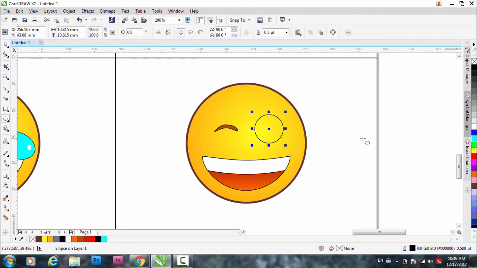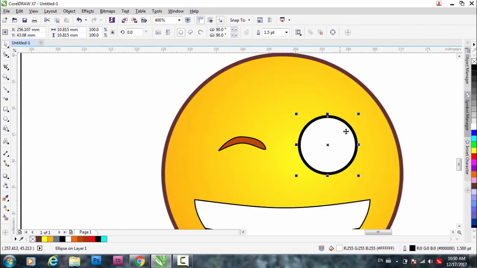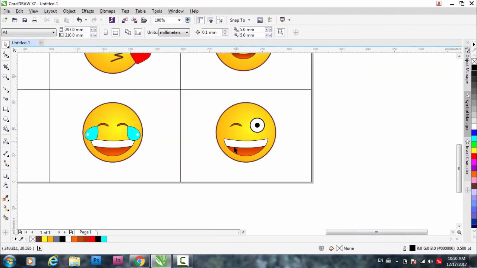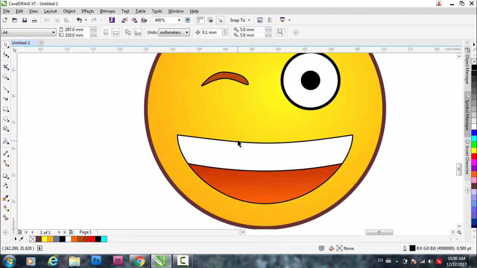Circle here, fill it with white, outline to 2 or maybe 1.5, and again drag it to the center and right click, fill it with black. That's what we want,